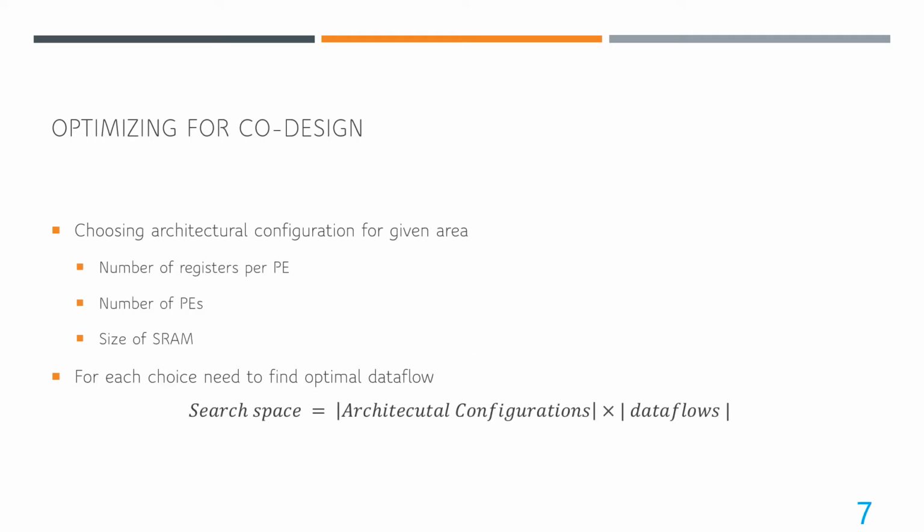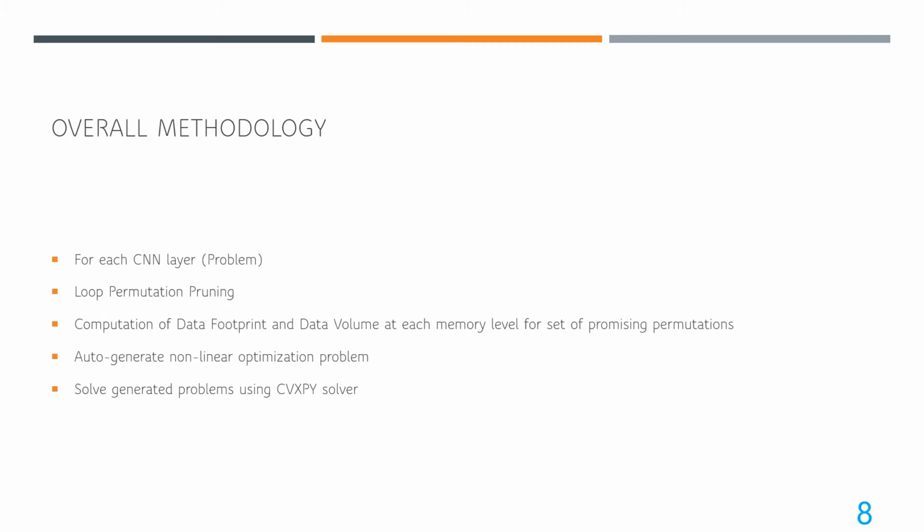In addition to that challenge, if we were given maximum accelerator area and we need to choose architectural parameters like number of registers per PE, number of PEs, and size of SRAM, the search space gets even larger. Also, the optimal data flow differs for each choice of architectural parameter. In order to co-design data flow and architecture for a given area budget and set of representative workloads, we use